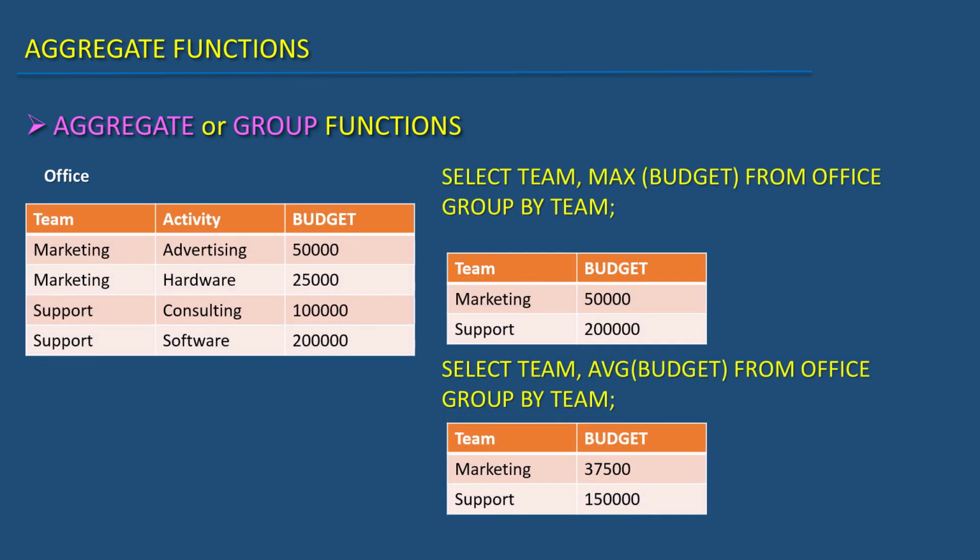We can do other aggregate functions on these subgroups too. For example, max of budget will bring the greatest value of each subgroup. Average of budget will bring the average of